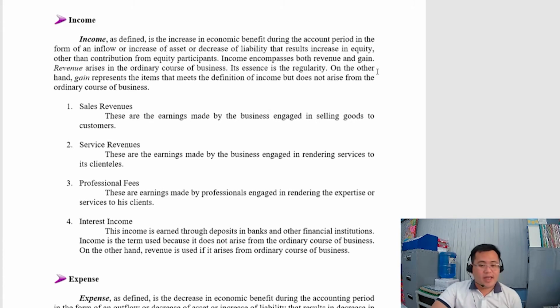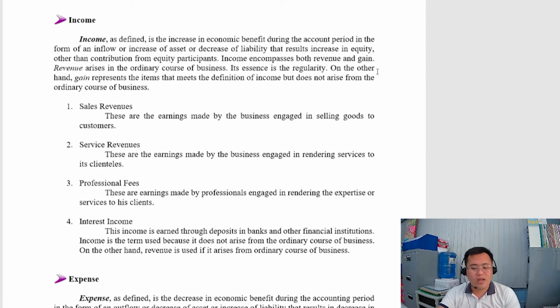Interest income. This income is earned through deposits in banks and other financial institutions. Income is the term used because it does not arise from the ordinary course of business. On the other hand, revenue is used if it arises from the ordinary course of business. So interest income means you deposit a certain sum of money from your business operations, and then at the end of the term, you will be able to generate an income of, let's say, 100 pesos in your